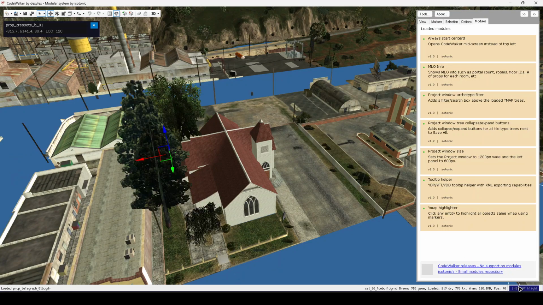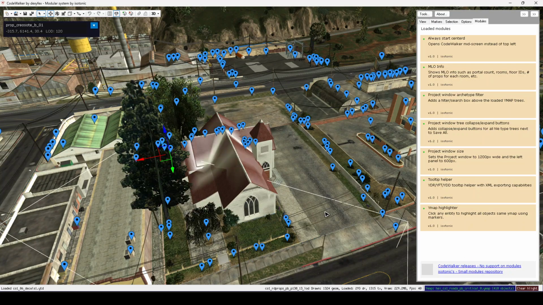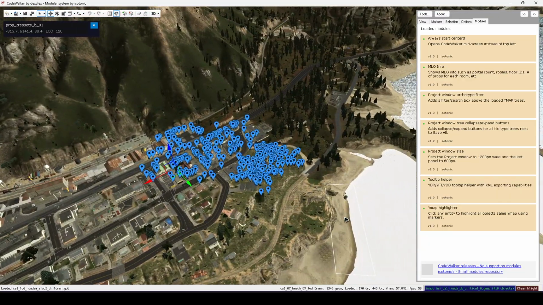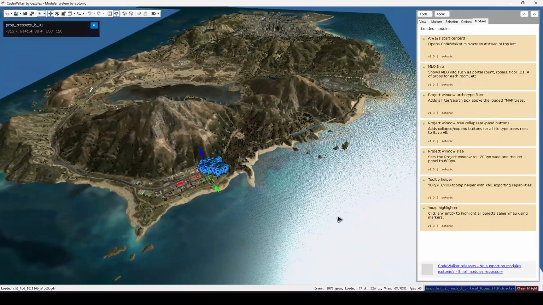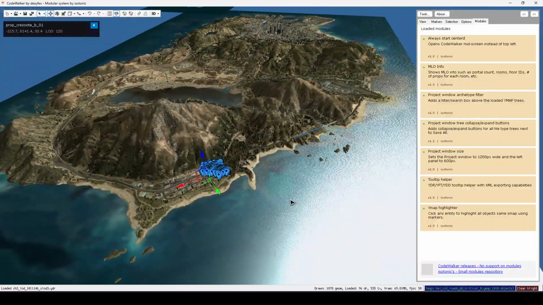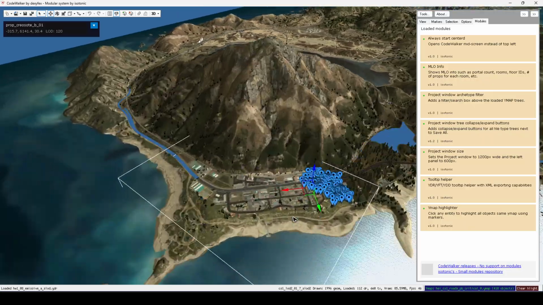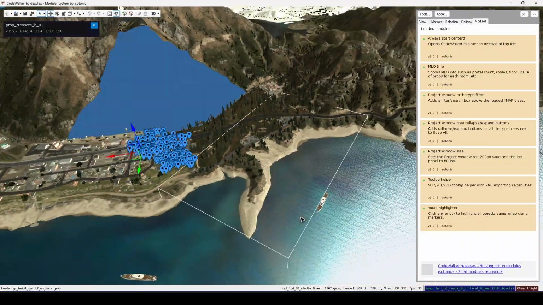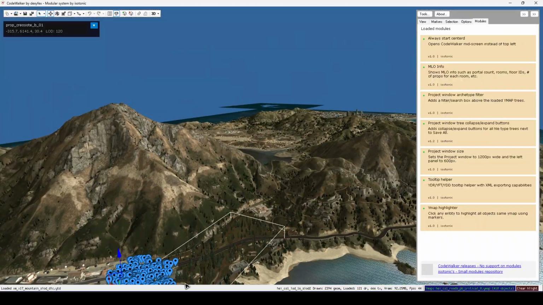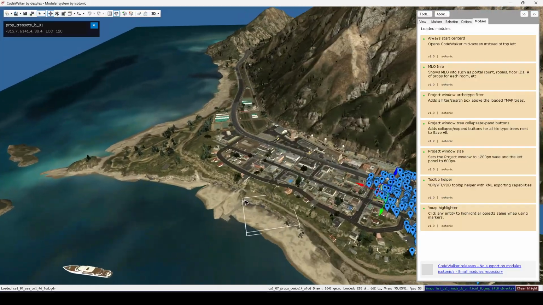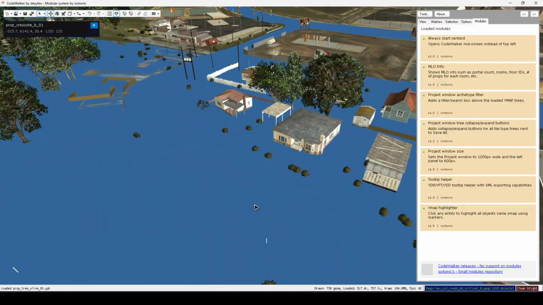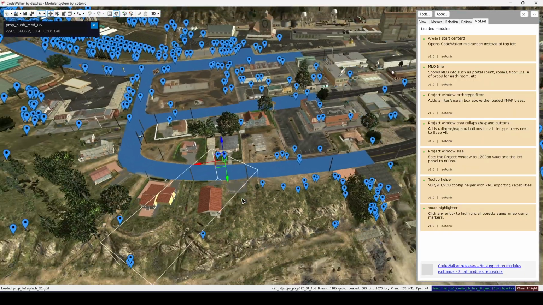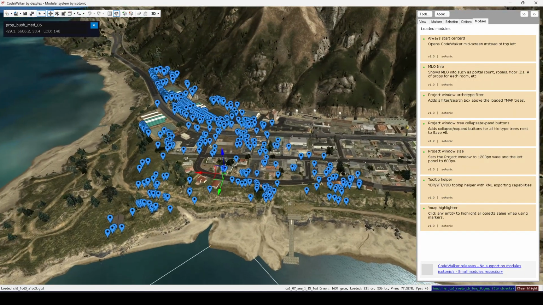And if I press H, this will tell you all the props. You see how Rockstar does it. They do not spread. They group the archetypes in that sense. They group the archetypes to be in one small area, or well, whatever it appears to be small. But they do not add a prop in here and another prop in here that's part of the same Ymap. So this pretty much tells you where the other objects in the scene are that are part of the same Ymap. So I know this one that I just selected